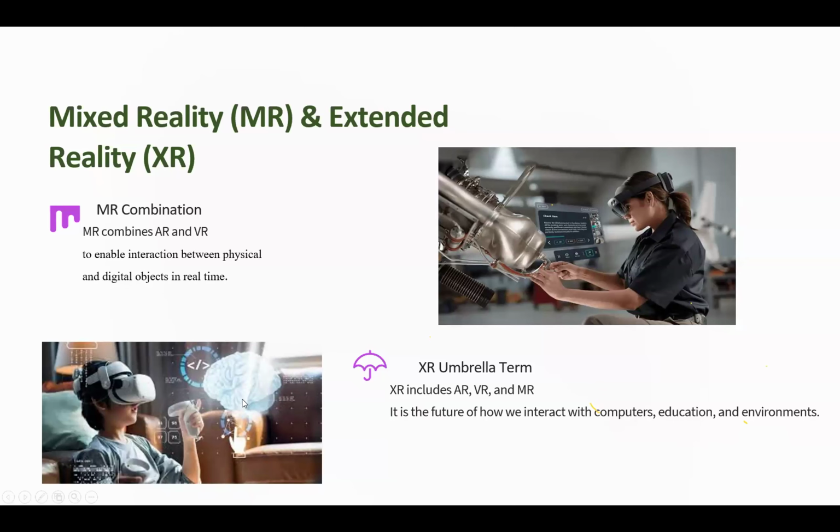Here, to the left, you have a student, a child trying to learn about a brain, and they're able to move around the environment. It is not a video, it's an image, but they're able to move around the environment to see exactly what the brain looks like, what is inside. So these difficult concepts that we always learn about and read through in class, someone is able to visualize and actually touch and see how the process happens. So it's making your work as a teacher, as an instructor, easier, and students are also benefiting in the long run. Things that would be hard to explain, a student is able to pick up as they are seeing and doing those things practically.